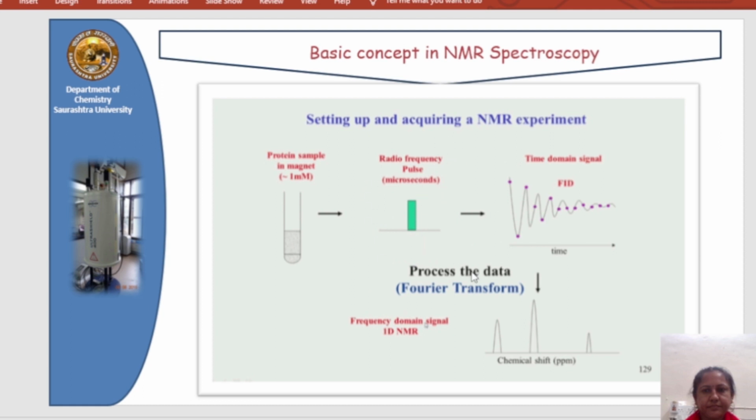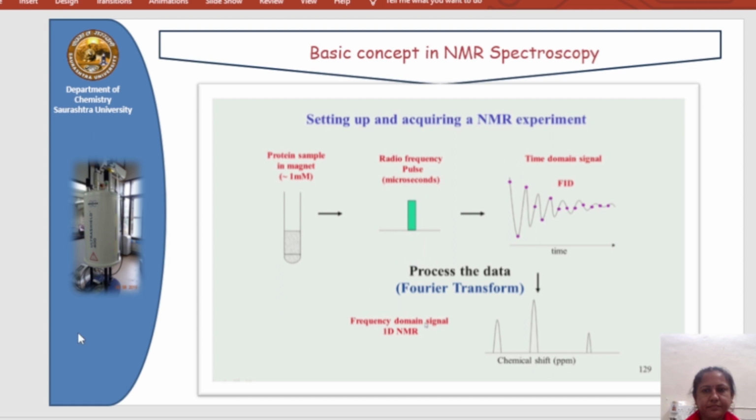After excitation it comes back to the ground state, redistributes into equilibrium, and due to the population difference after excitation it creates signals, which are acquired and converted into the FID. By applying the Fourier transform, we convert the time-domain spectrum into the frequency-domain spectrum, and we get this spectrum. This slide shows the total process in pictorial form, but each and every step has its own importance, work, and reason why it is necessary.